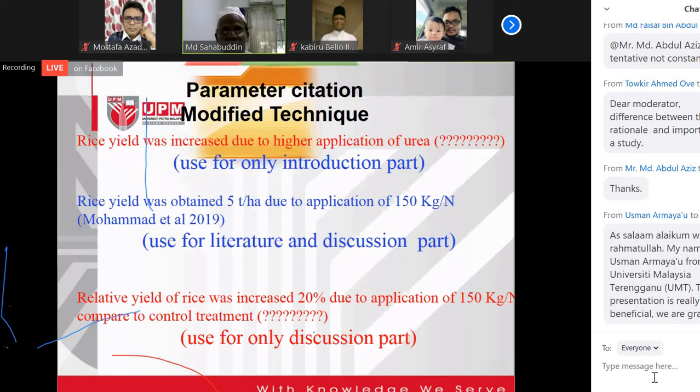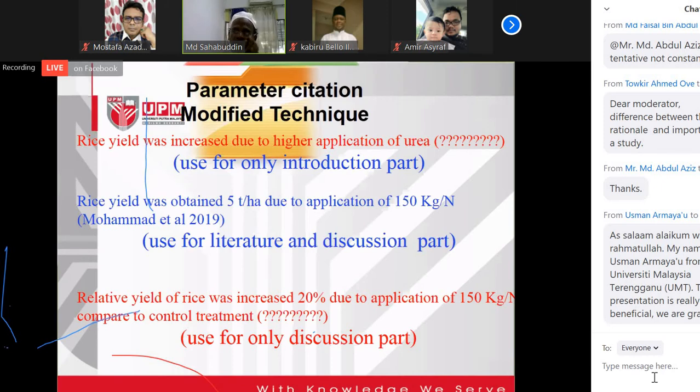Rice yield is obtained 5 ton due to application of 150 kilo nitrogen. This is the original citation. We cut and copy from the journal, from the article. So this original parameter citation, now we can modify. How can we modify?